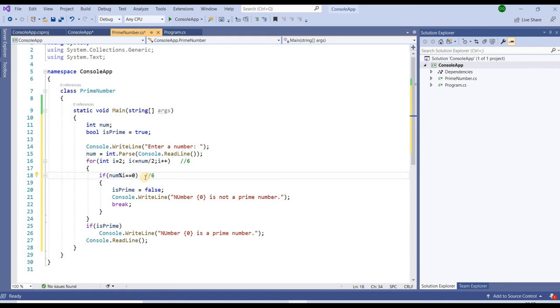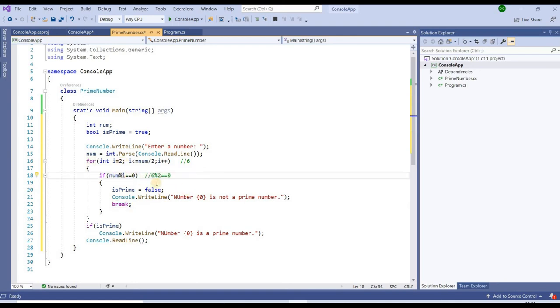Here we will get remainder 0. At that time we consider this number not prime. So we go inside this, and we say isPrime is equal to false. Then this code will not be executed and this code will be executed. After that we will break the loop. That is the main point here.